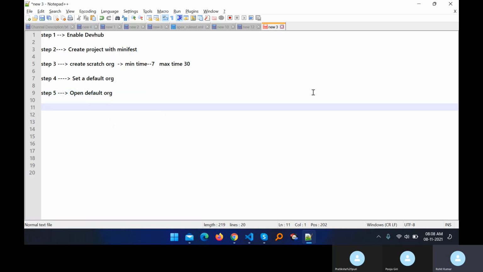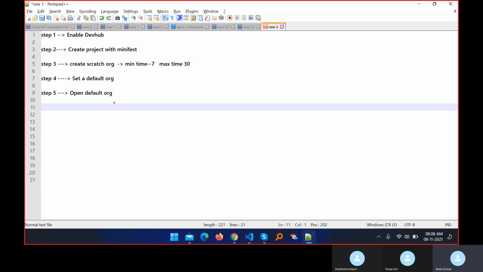Please confirm, anyone? Yes, hello sir, Pooja, and okay, no problem. Actually, I guess some mistake is there on my side, so that's why I'm asking again and again. So here you can see step 5, open default org.